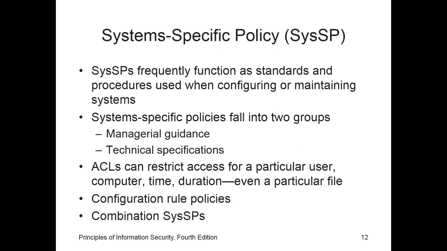While issue-specific policies are formalized as written documents distributed to users and agreed to in writing, system-specific policies are frequently organized as standards and procedures used when configuring or maintaining systems. System-specific policies fall into two groups. The first is access control lists, which consist of the access control list matrix or matrices and capability tables governing the rights and privileges